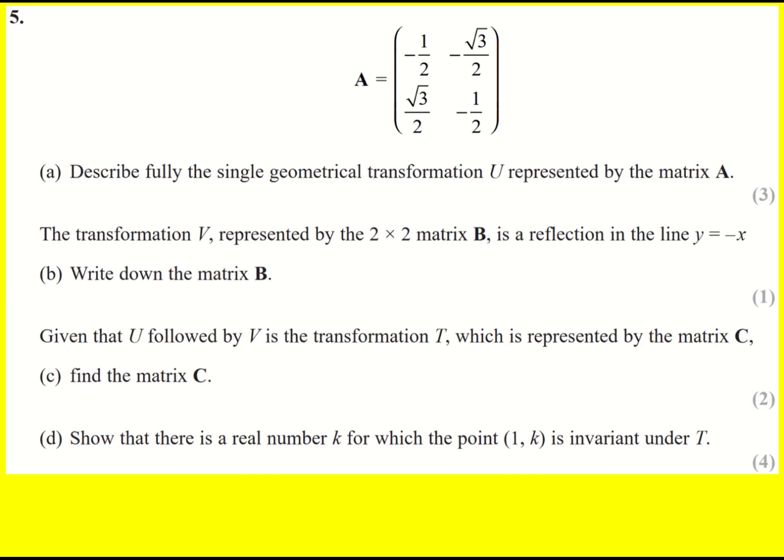Describe fully a single geometrical transformation U represented by the matrix A. There's two things that give this one away. First up, the root 3 over 2 implies it's going to be some sort of rotation, probably because that is an exact trig value. Sine 60, for example, is root 3 over 2. And the other thing that gives it away is that these two are the same